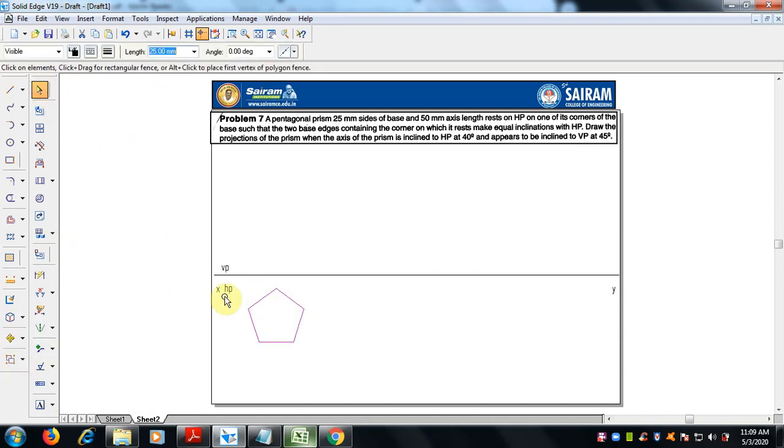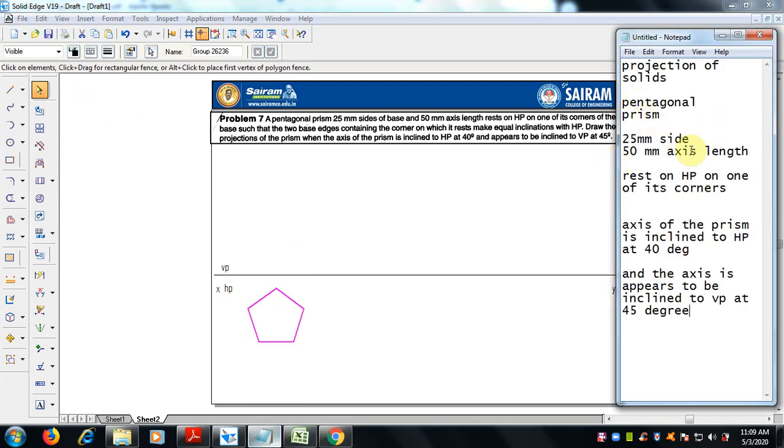If you look, each is an individual entity, so select all the entities, make it a group. Click the tick mark. Now we can see it fully selected. So make it 0.5 mm thickness. So the pentagon is there. The question is, the pentagon lies on one of its corners.